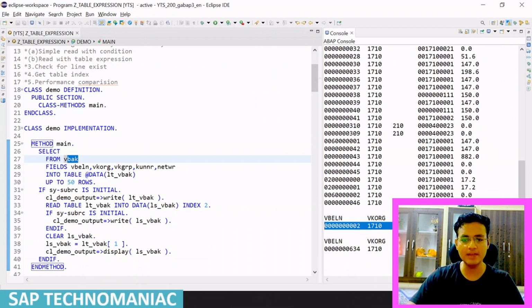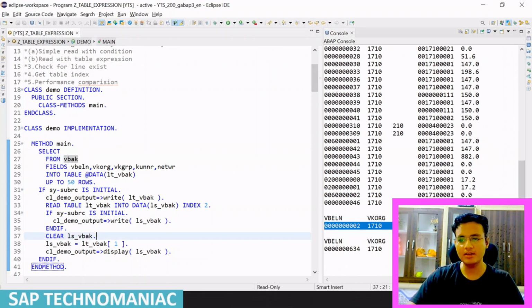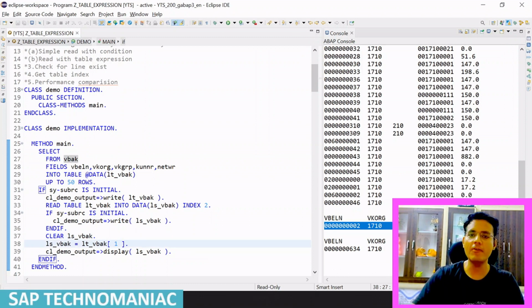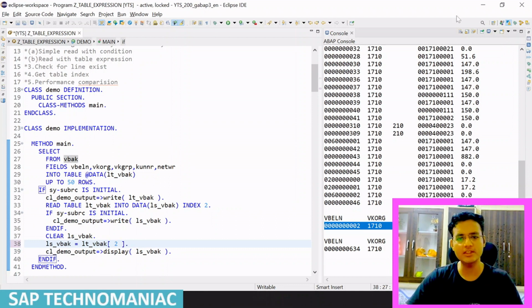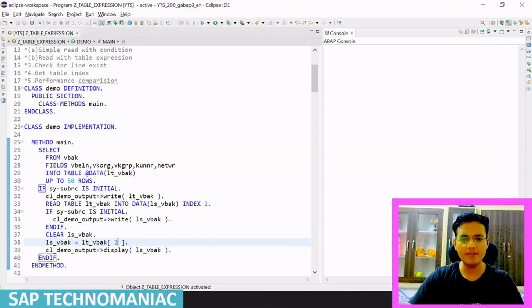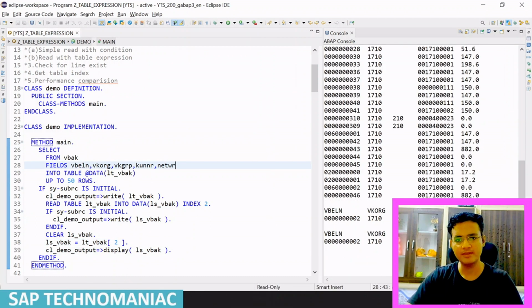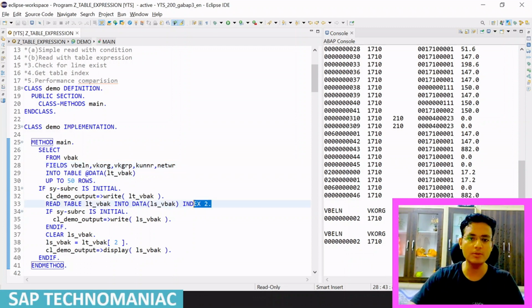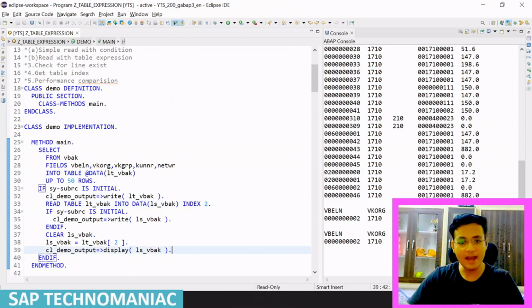So we got the same thing, but here also I got the first entry. I have to write this. If I want to get the second entry, I just write down the second entry and Control F3. Let me clear out that console and do F9 again. Now I got the same entry for both statements because I am using index 2. But here is the hack. Suppose I have to get the 52nd entry